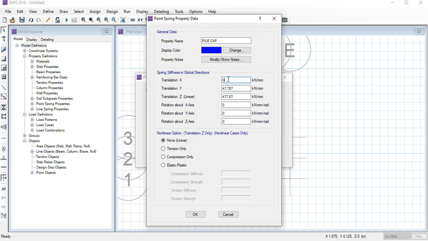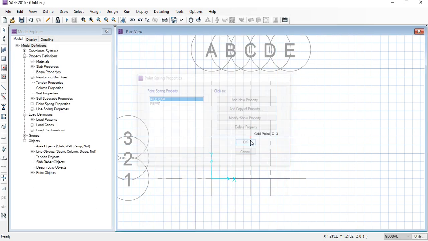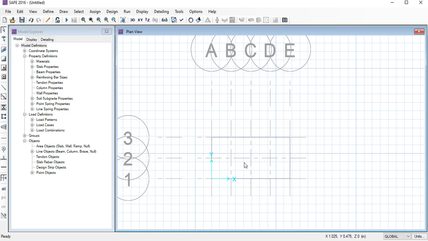And in the same way, in the x direction we will also use 10% of that value, 47.787, and after that we will click OK. So all the things I have defined.